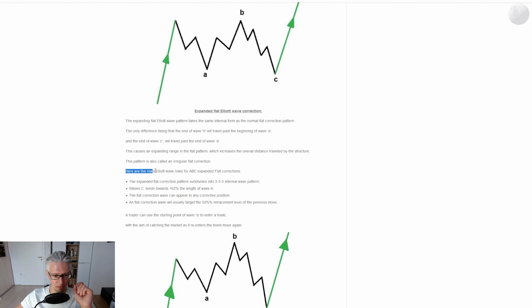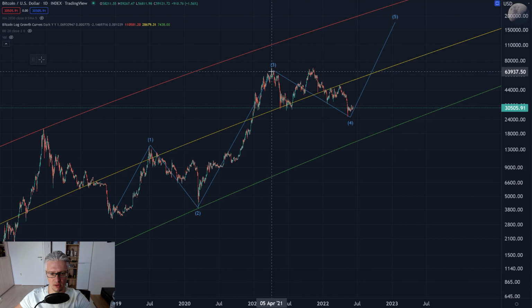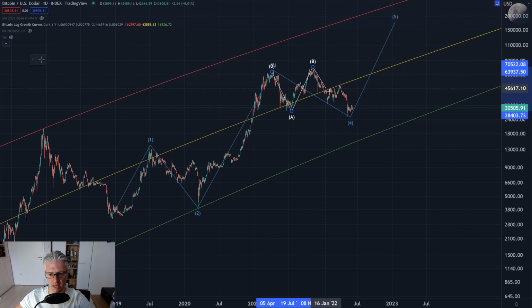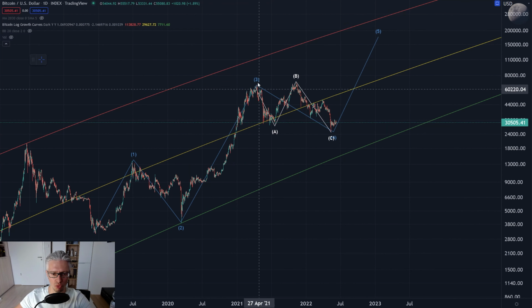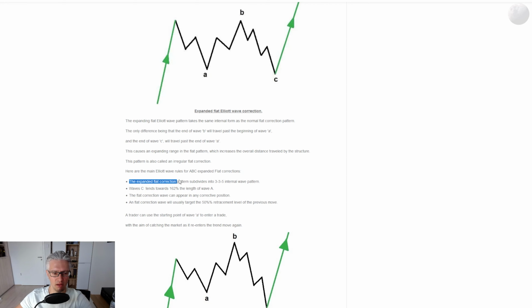So here are the main Elliott wave rules for ABC expanded flat correction. So ABC, what does that mean, friends? That means that this here is A, B, C, right? This whole move would be an A, B, C type of move. Then the expanded flat correction subdivides into 3, 3,